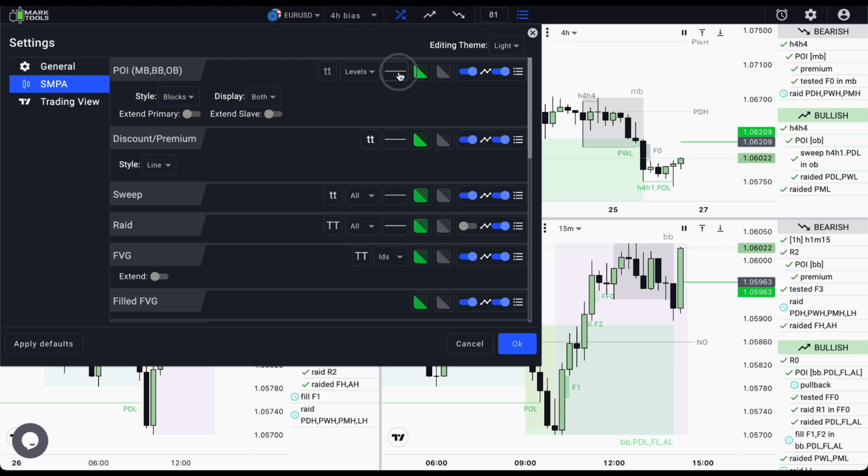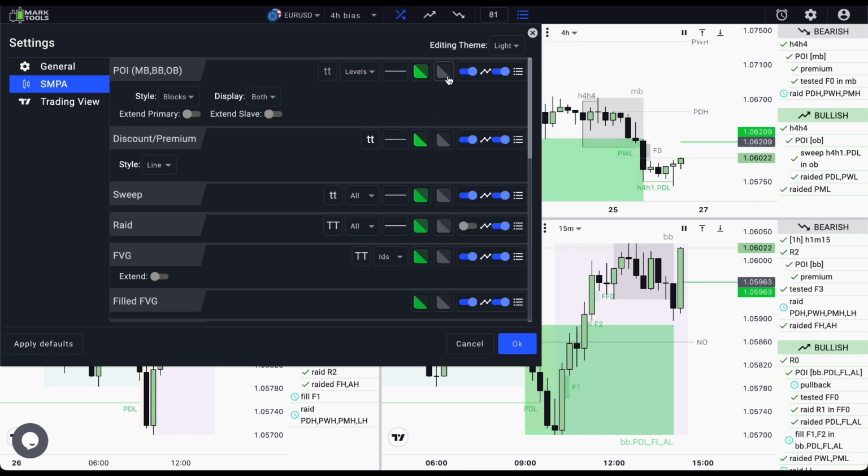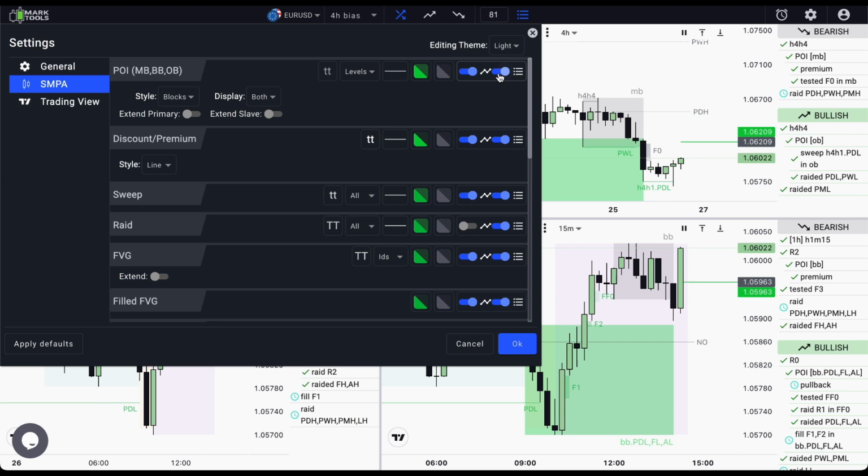The third option is line style. This option sets the line width and the line style in case a line drawing takes place. The fourth and fifth options are colors for the tool. Most tools can be either bullish or bearish. The first color box sets the bullish color and the second one sets the bearish color correspondingly. And finally, you have a switcher that contains two toggles. The first one makes the tool visible on charts and the second one makes it visible on the information box. Using this option, you can simply get rid of tools you are not interested in.